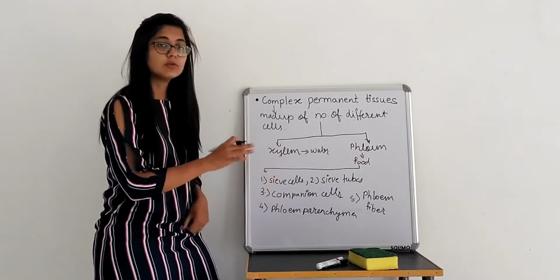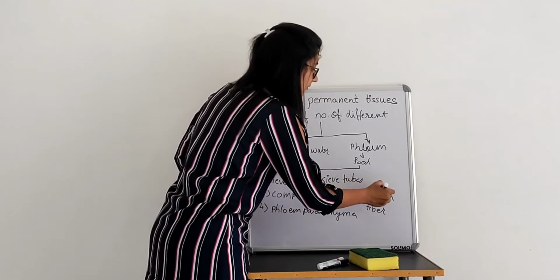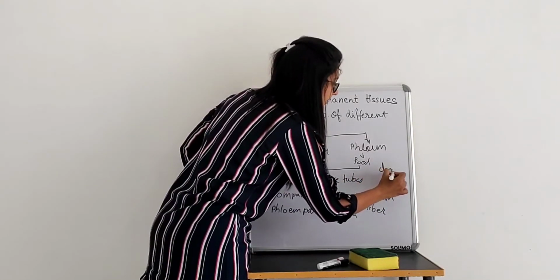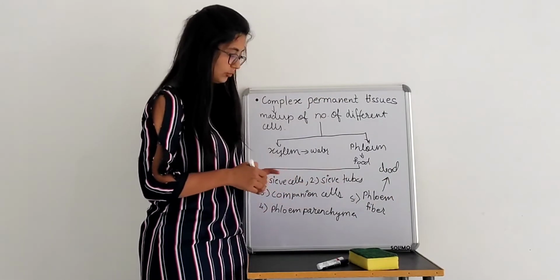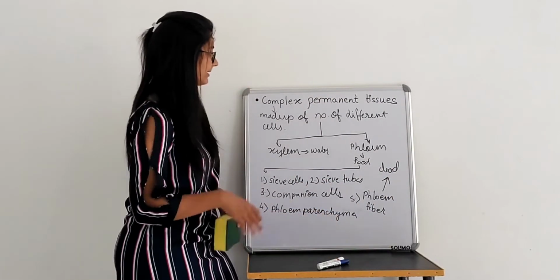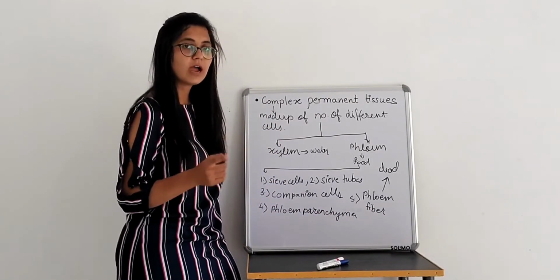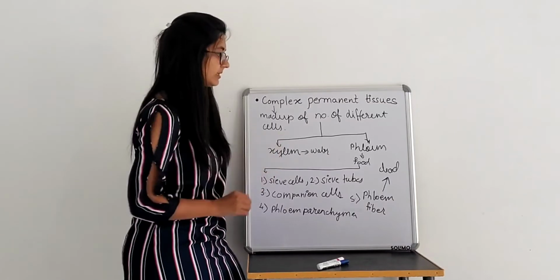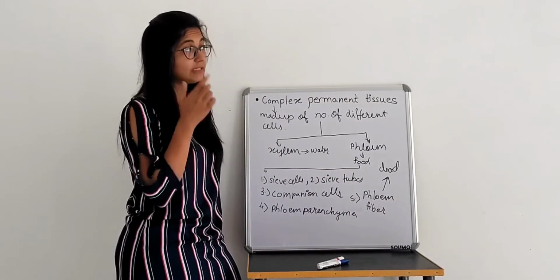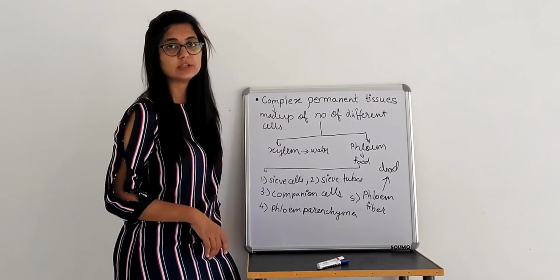Okay, all these are going to be involved in transport of food from one place to another, whereas only the phloem fibers are the dead part, whereas all others are going to be your different living tissues. So, like I said, xylem and phloem are mainly responsible for conducting water and food respectively, and these are the 5 different types of cells which are going to be present in your phloem.